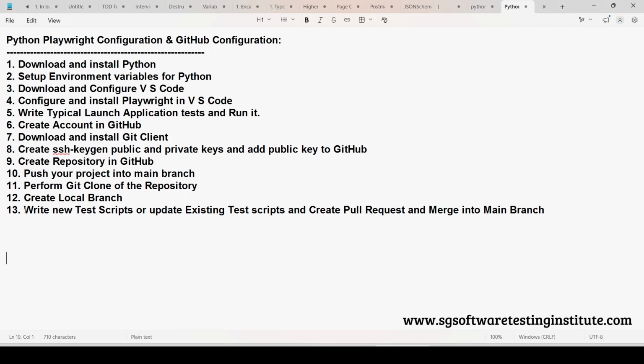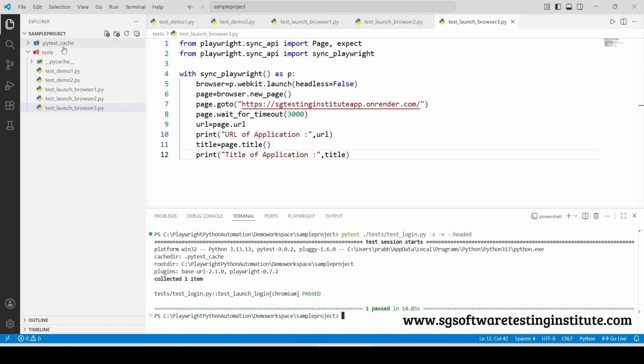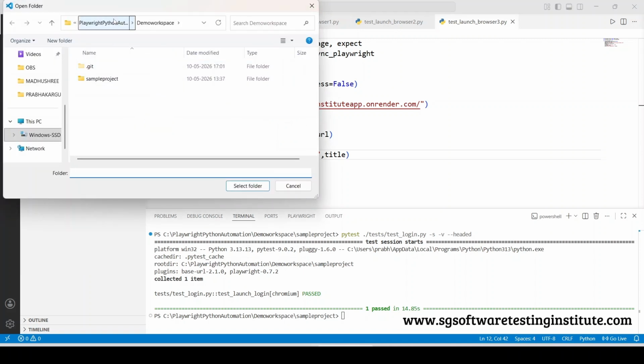In this video, let us explore how to write a new descript or how to update existing descripts and how to create a pull request and merge into the main branch. So we will open the VS Code. Currently in VS Code, the sample project is pointing to the demo workspace. So always we need to write the descripts from the current workspace only. So open the current workspace